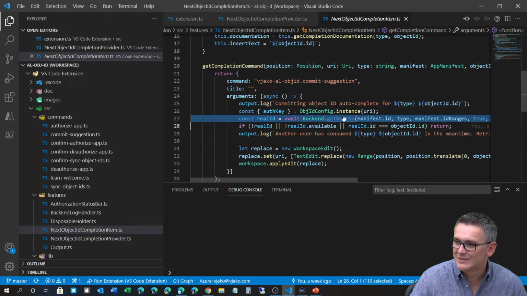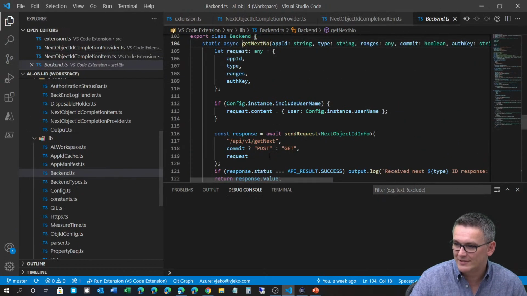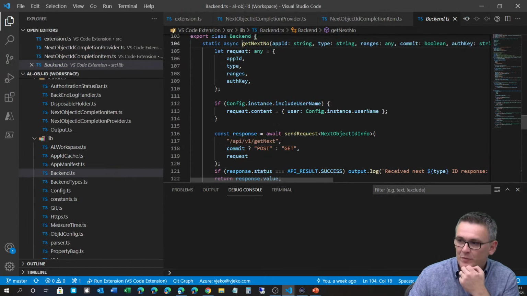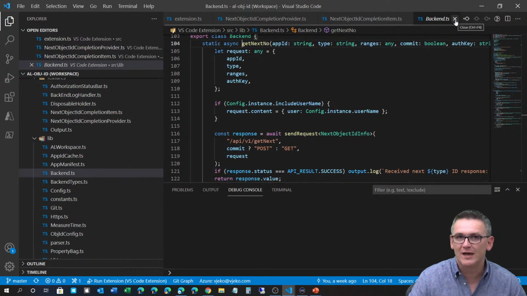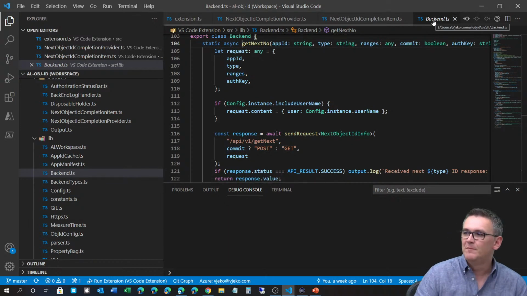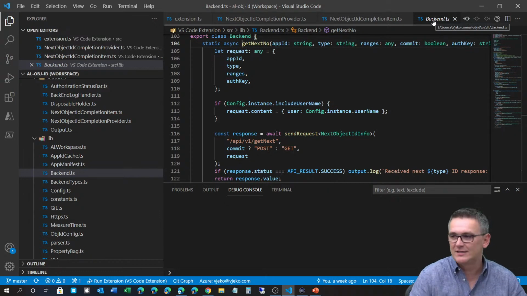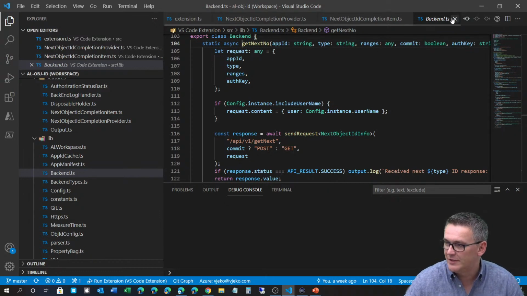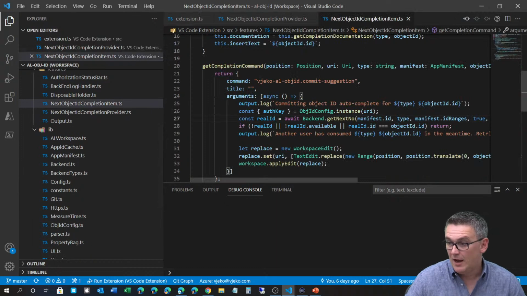So this time it will send a post request. So I'm going to pass it with this commit set to true. So the post request will go to the backend and it will ask the backend again for the next number, which may or may not be the same as the previous one. But this time it is also going to write that into the backend so that this same number is not assigned to anybody else. So when I get this real ID, I'm checking if